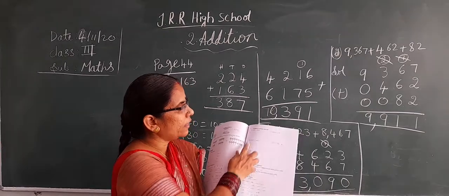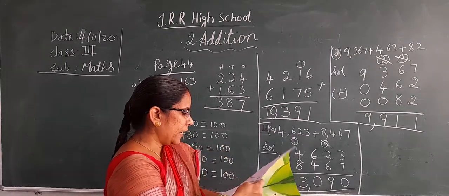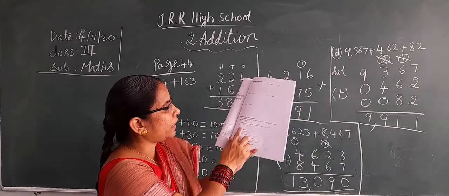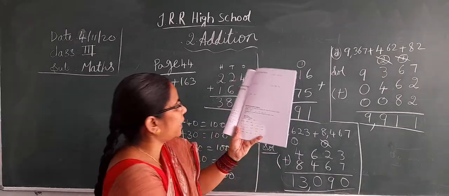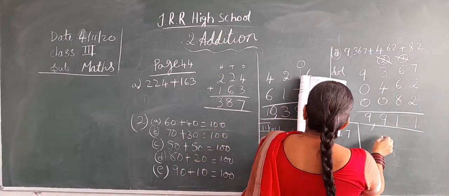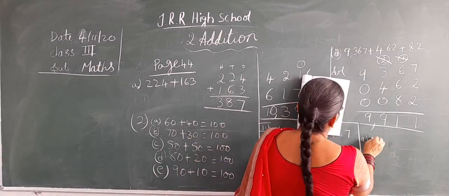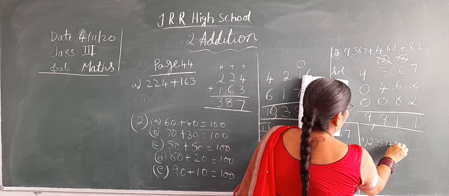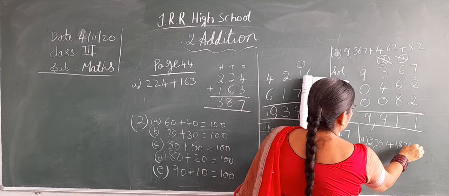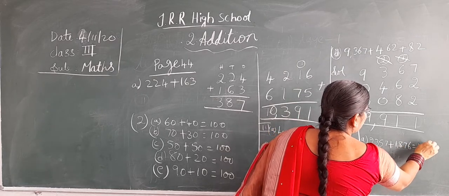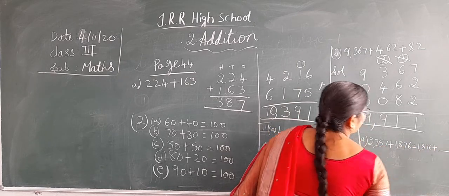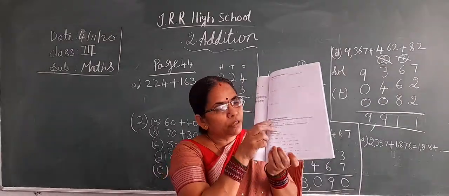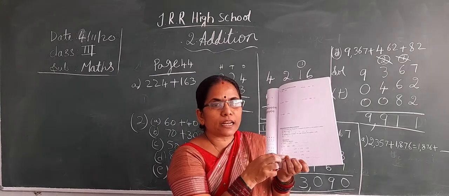Now same like that, you complete these 5 sums. And the next is the interesting fact. That also I explained. If here 2 numbers are there, suppose 2,357 plus 1,876 is equal to 1,876 plus dash. Here whichever properties I explained also. Interesting fact, here you go through these points and answer this one.